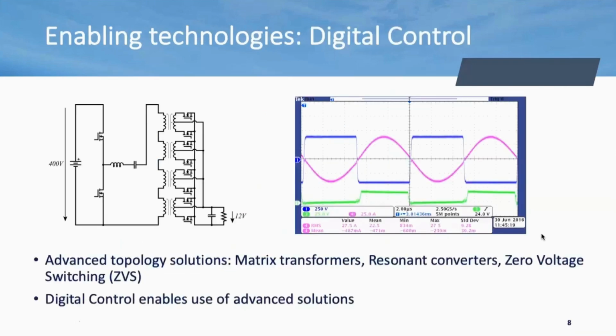Another enabling technology that we are using in this project is digital control instead of analog control. Digital control has some advantages because you are able to control, let's say, more advanced solutions in order to optimize the